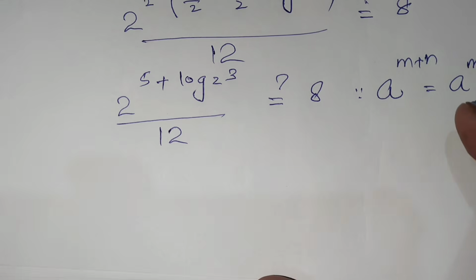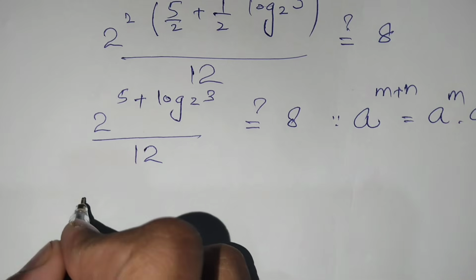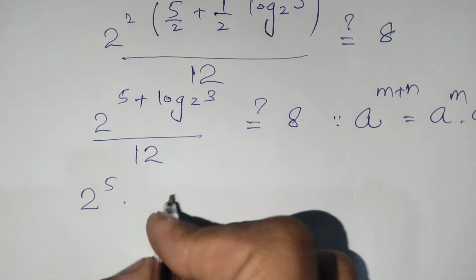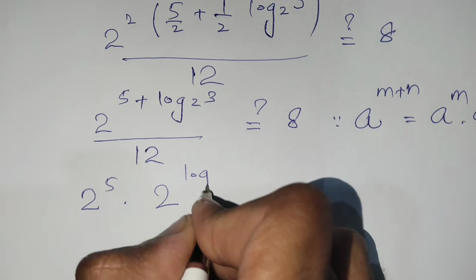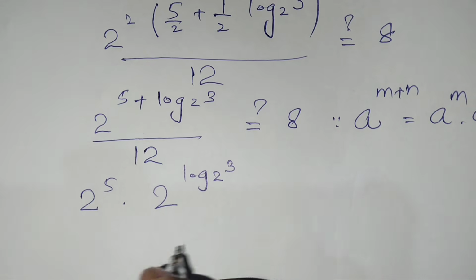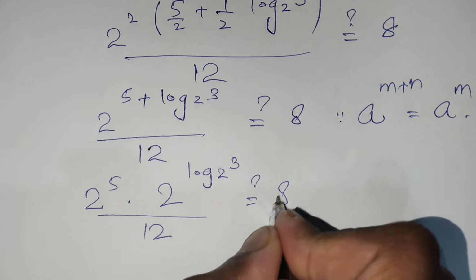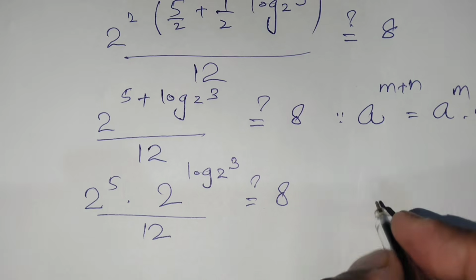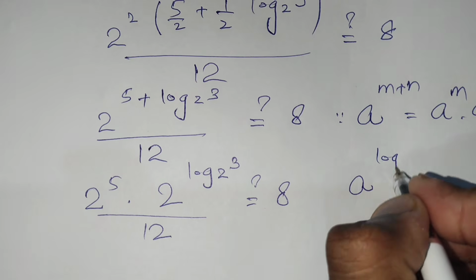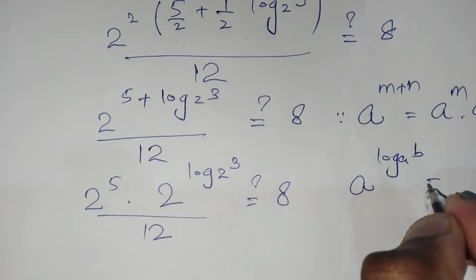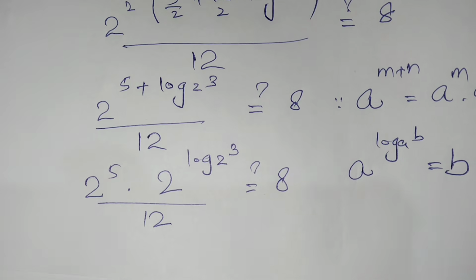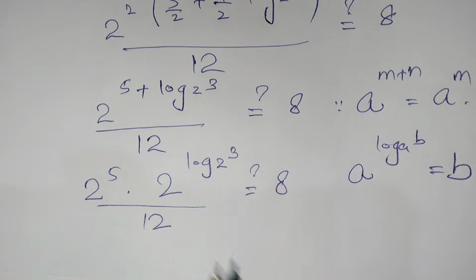So it will be 2 power 5 times 2 power log of 3 with the base 2 over 12 equals 8. We'll use the formula for this term: a power log of b with the base a always equals b. Here b is 3, so 2 power 5 is